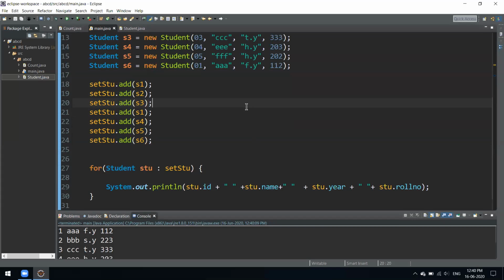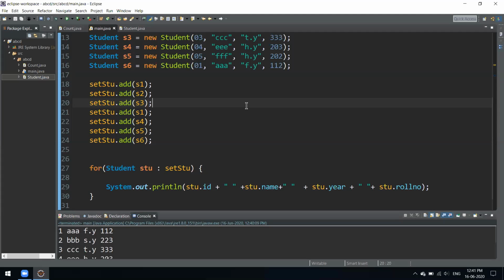Another kind of set is the tree set. There are lots of them. If you want to do some research on these, just open Google and see all the collections we have. There are lots of them, and according to your need, you can use any of them. They are very precise and very good. Okay, one more thing: there's a tree set.